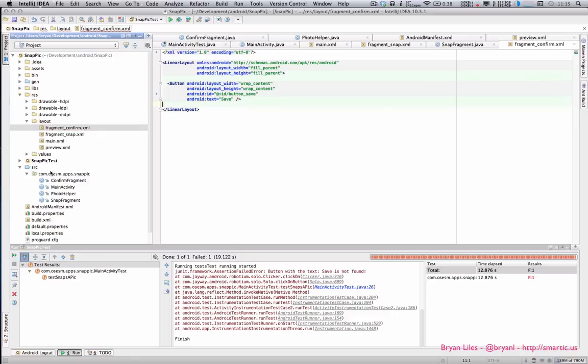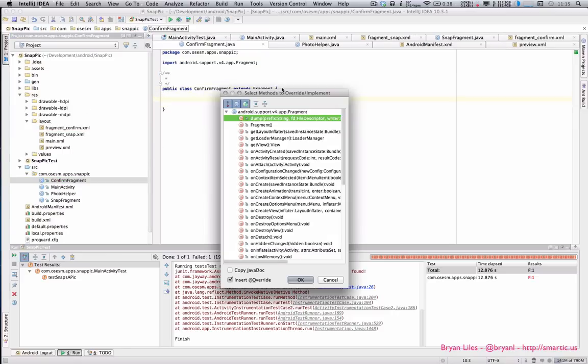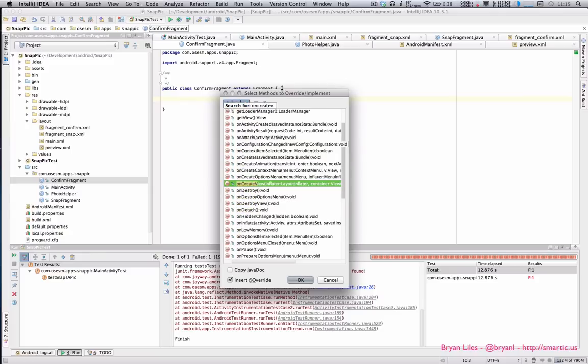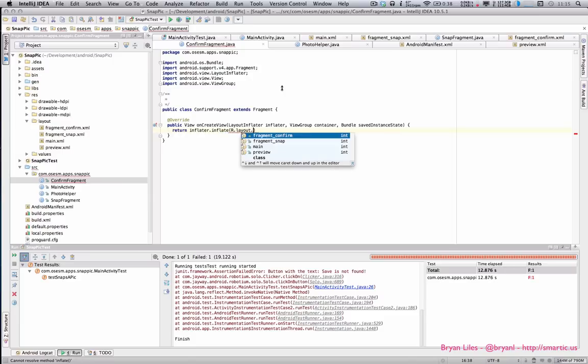So now what we'll need to do is we'll have to have this fragment right here actually display it. So to do that, once again, we'll need to, on create view, return that layout we just created. So inflater, inflate the R.layout.fragment confirm, and we'll put it in this container, and we won't attach it to the root. So now, if we run our test again,